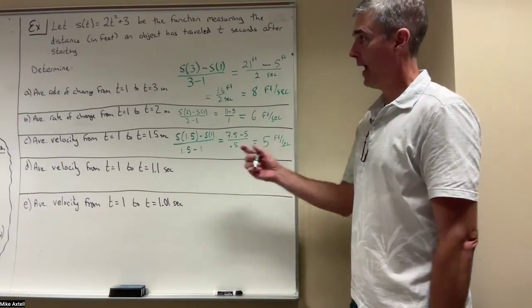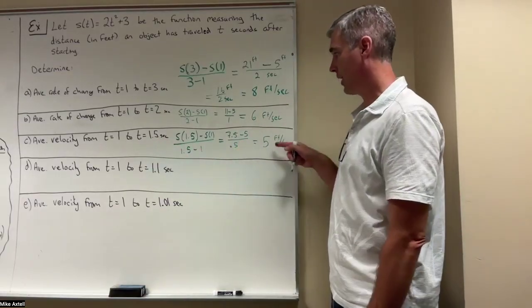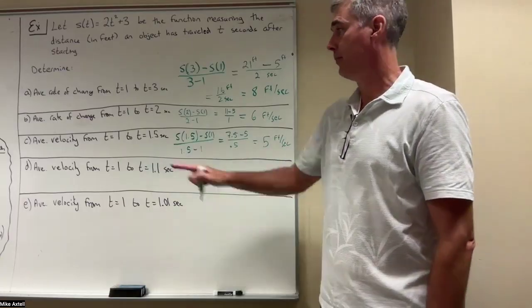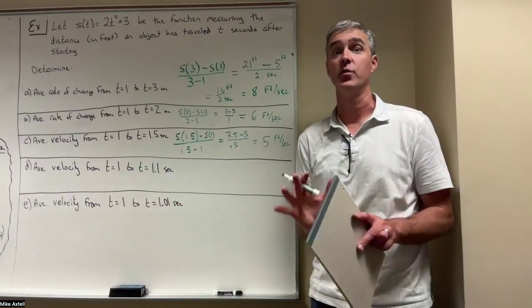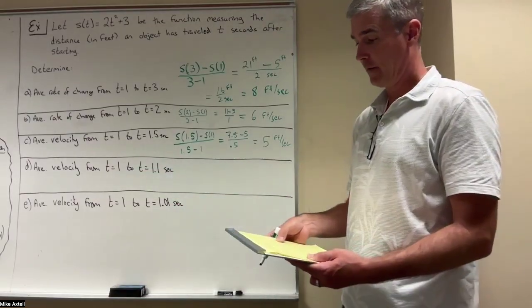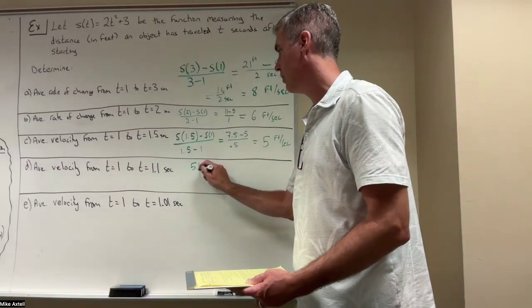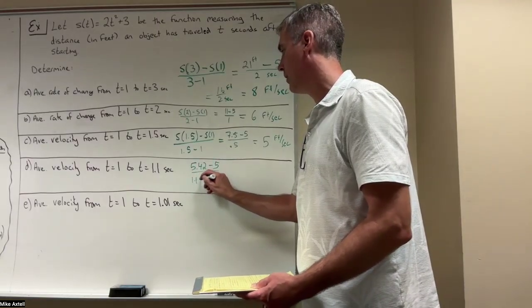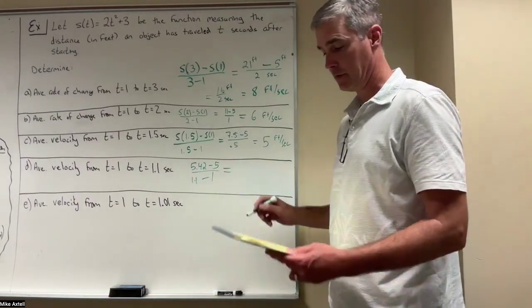So as I keep my clock closer to time 1 second, it looks like my average velocity is coming down a little bit. All right, now I'm going to go from time 1 to time 1.1. So what's my average velocity over this 1/10 of a second? And if I crank the numbers in, I get 5.42 minus 5 all over 1.1 minus 1, okay? And that gives me